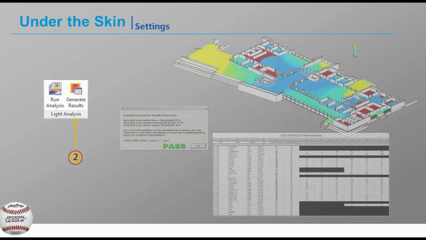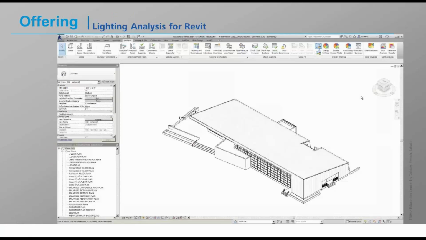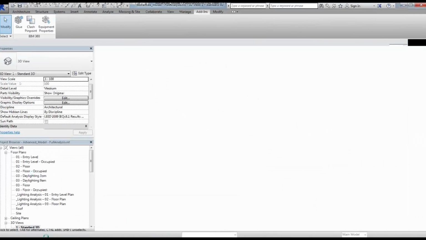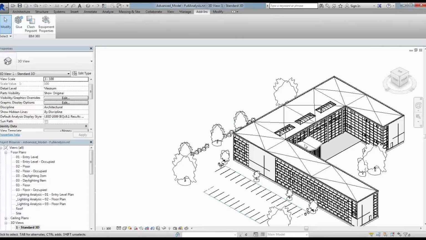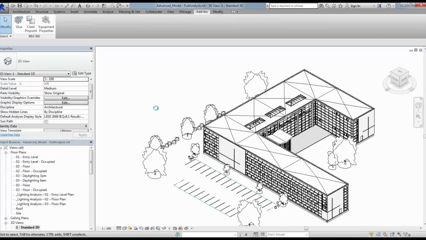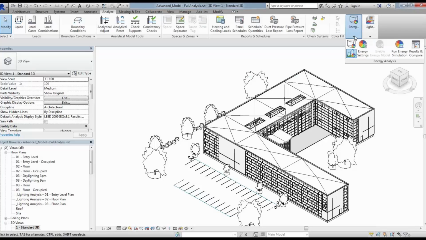And the results are presented in a simplified dialog, in a detailed schedule, and in the Revit model itself. So I'm going to switch to Revit here and show you the process on an actual model. Now, the way I want to look at how this integrates into the larger process of energy analysis in Revit, because we've got some pretty powerful tools now on the analysis toolbar, in the energy analysis tools,